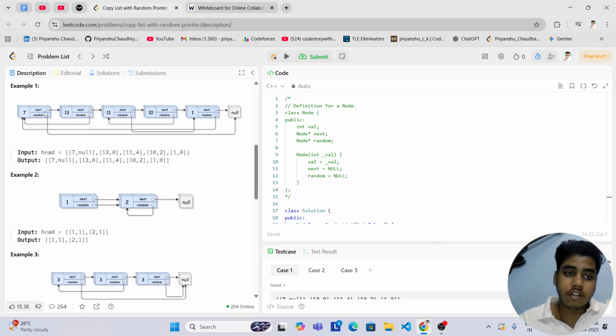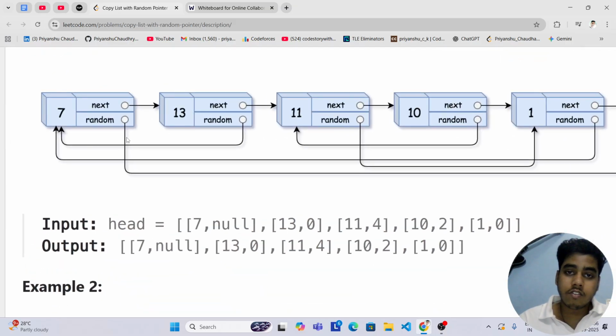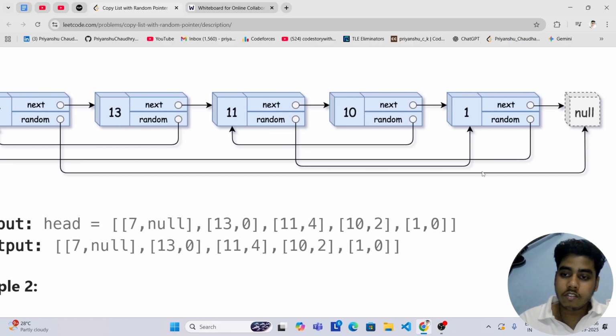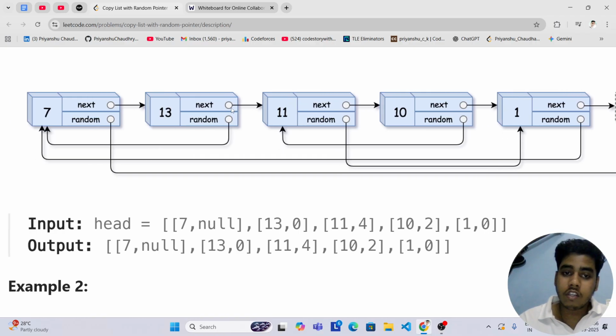We can see in this linked list, consider this node with value 7. Its next pointer is pointing to the node 13, and the random pointer is pointing to null. Similarly, in the second node, the next pointer is pointing to node 11, and the random pointer is pointing to the first node, whose value is 7. And the problem is saying that